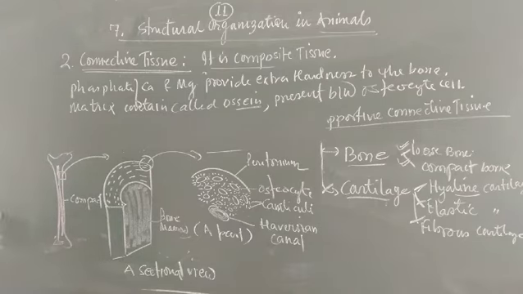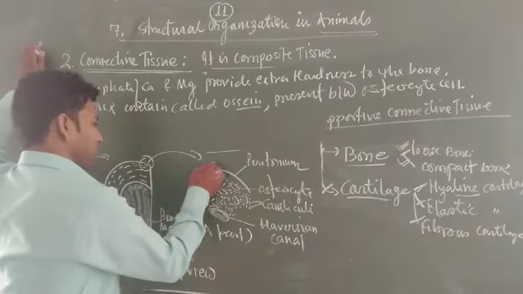To the body. This one is a different part of the bone. Detail about the bone will be discussed later, especially in the next chapters. You can see, not the next chapter, but in the chapter of human physiology of the skeletal system. I'm not going to discuss detail about that, but what is the periosteum? The periosteum is the outermost covering of the bone.